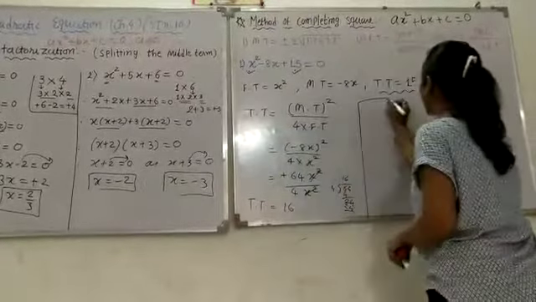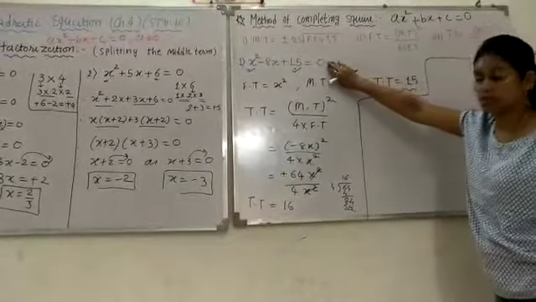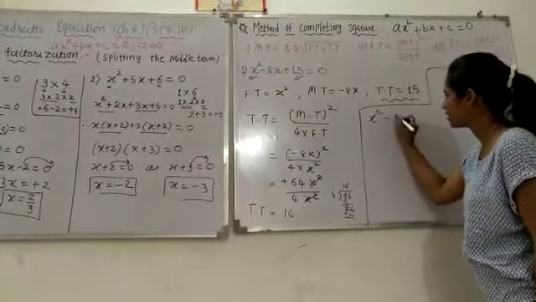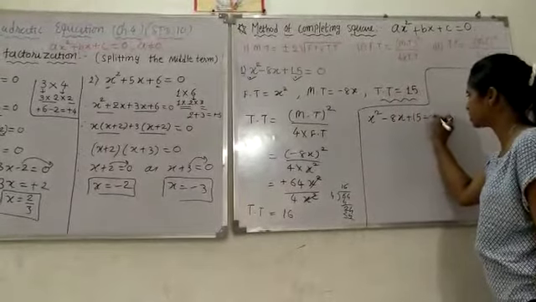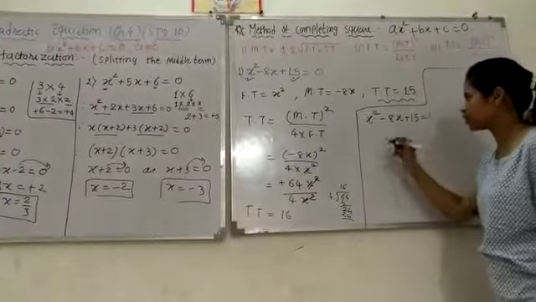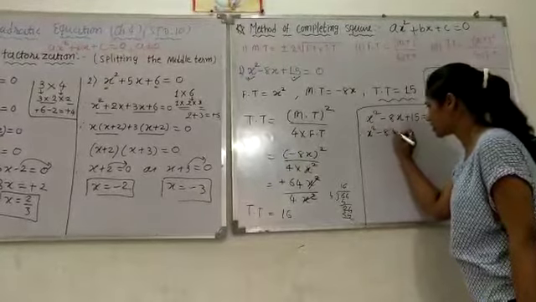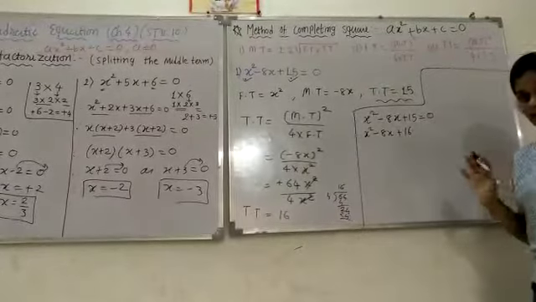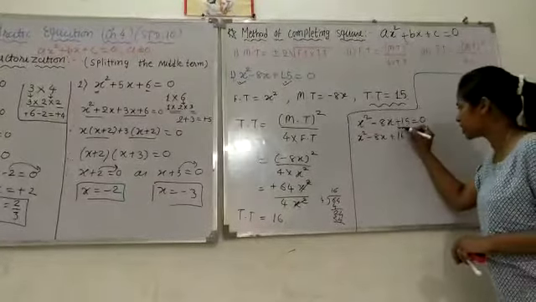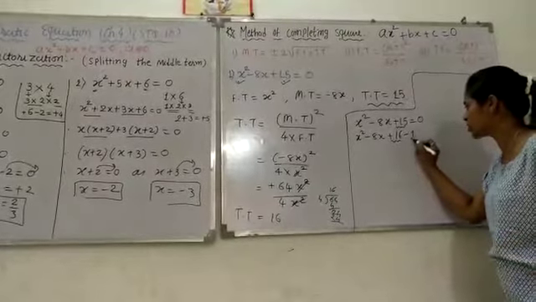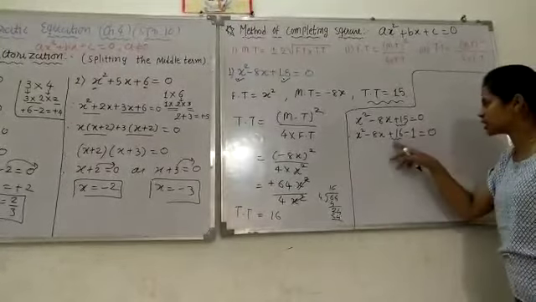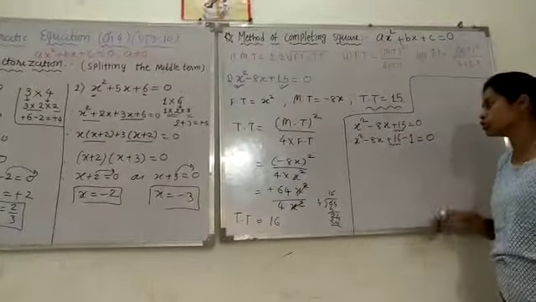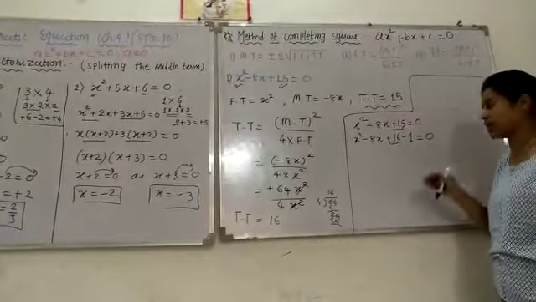Now you should write the given quadratic equation in this form. How? X square minus 8x plus 15 is equal to 0. This is your question. Now we want to keep x square minus 8x as it is. As the third term you should write plus 16. But we cannot change our question. So here is plus 15, here is 16, so you should subtract 1, because plus 16 minus 1 becomes plus 15. So without changing our question, you convert the given equation into a perfect square.